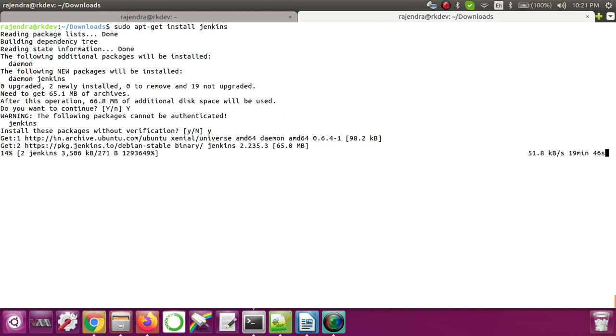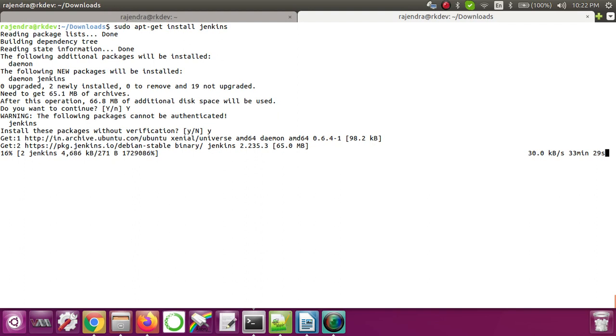Once we add that path, first we need to update that repository with the changes that we have done in the sources.list, so that as and when we try to install, it will use the latest one. Otherwise, if we don't do apt-get update, it will not update the repository. Even though we are adding it into the repository, it will not pick that up.